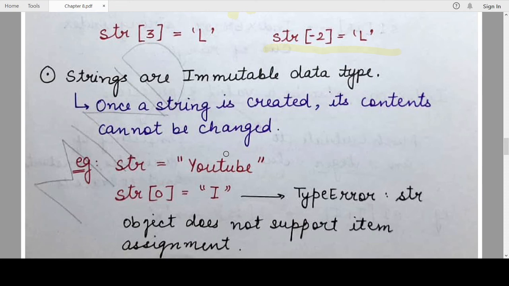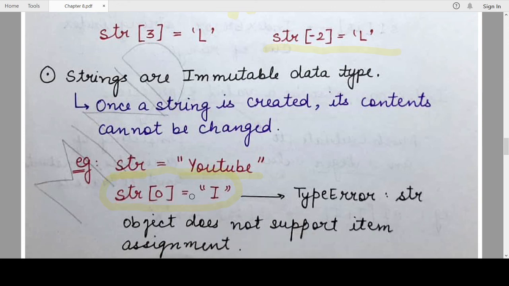So even using the indexing, you cannot reassign a new value to a part or a complete string. So for example, you have a string str. Now the string stores a value YouTube. If you try to do something like this, that means you are trying to change the first character of this string